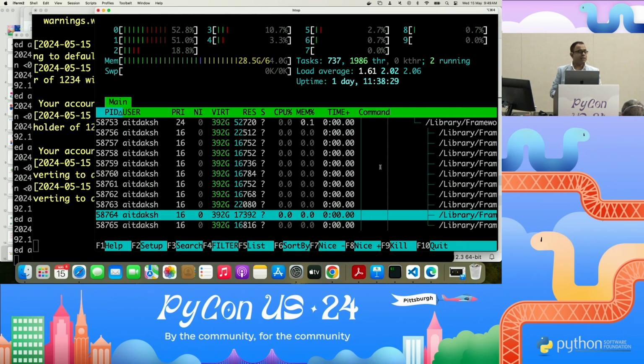I was talking about these workers. Let's come back to concurrency and workers. By default, it creates a number of workers equivalent to the number of what? Cores in the system, correct, right? But you can control this, right? We do not want all cores to be occupied all the time. You can control this via